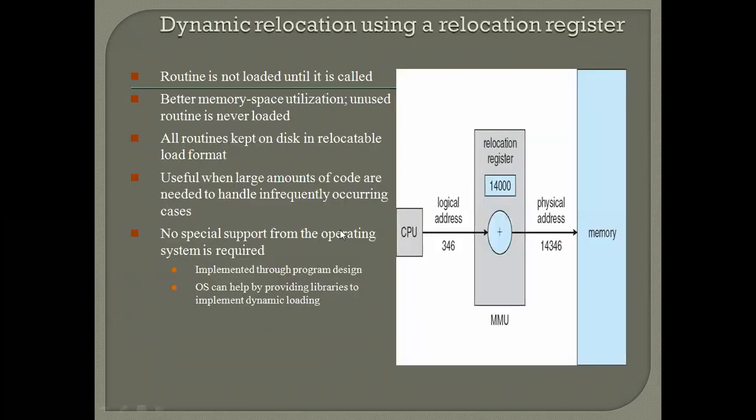So as we can see here, the relocation register is being defined. The CPU generates a logical address space. In the main memory, the physical address space has been mentioned. But while mapping, the memory management unit basically maintains a relocation address, and its value is being stored in a relocation register.